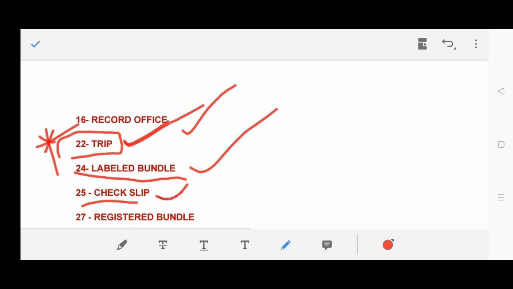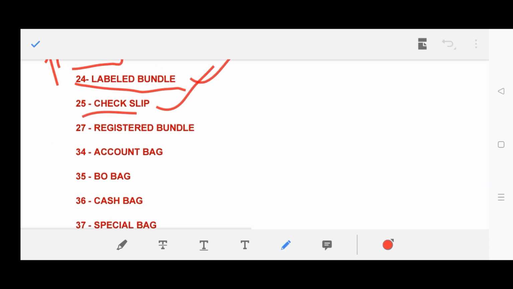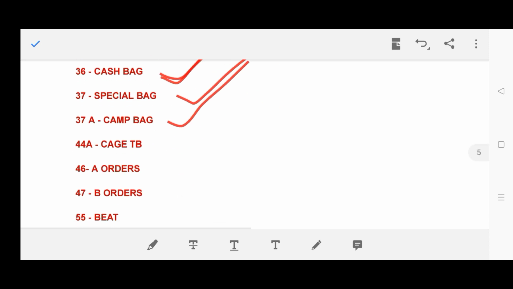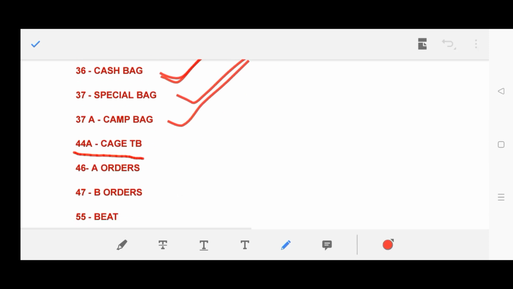Next, rule number 25 is about check slip. Registered bundle 27. Next, 34 account bag, 35 BO bag, 36 cash bag. These are the bags: 34 account bag, 35 BO bag and 36 cash bag, 37 special bag, 37A camp bag, 44A, this is a very important rule. 44A case DB, 46